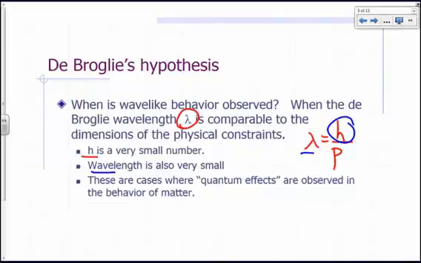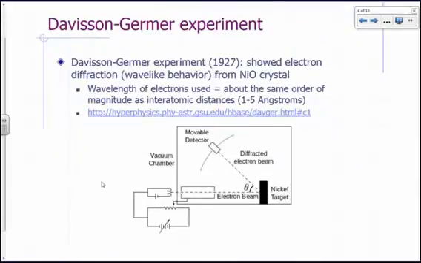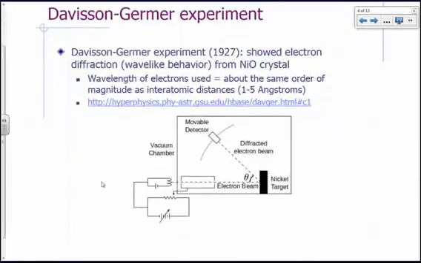Now, quantum effects, wave-like behavior, will be observed for your particle when this wavelength is comparable to the dimensions of the constraints. So if you were to pass it through a slit, the width of the slit must be comparable to lambda for you to be able to see a significant interference pattern, wave-like behavior. Right? So Davisson and Germer's experiment in 1927 showed electron diffraction, which is wave-like behavior, from nickel oxide